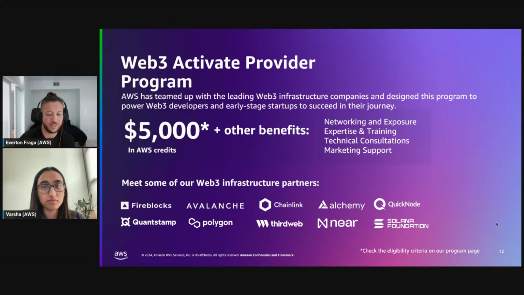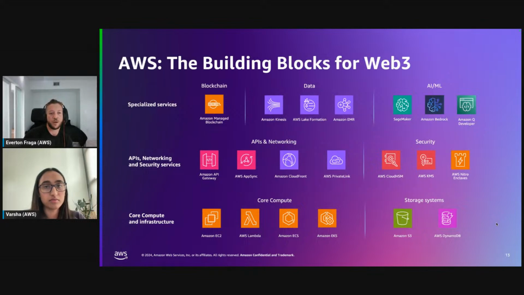Now let's talk about the technical pieces and the building blocks that allow Web3 to thrive on AWS. So if I were to give a very honest description of what AWS is, I would say that it is the dreamland of the tech tinkerer, right? Because it has services for everything, for every need, right? So here there is a very small selection of those.